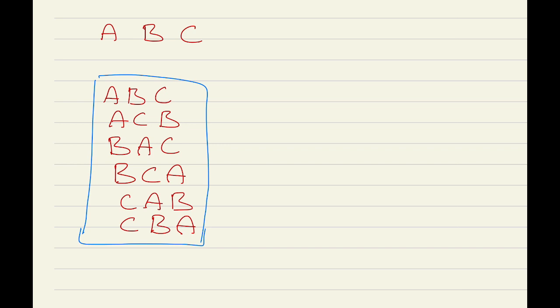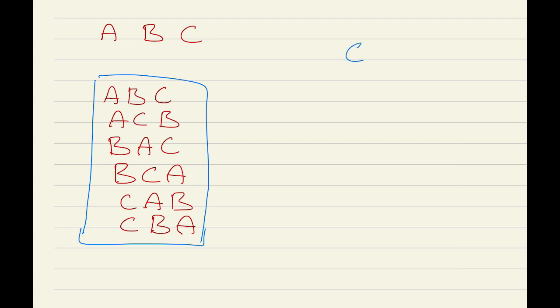And we know that from mathematics or from permutation combination, so 6 possible permutations are possible if 3 characters are given. Similarly, suppose for example,